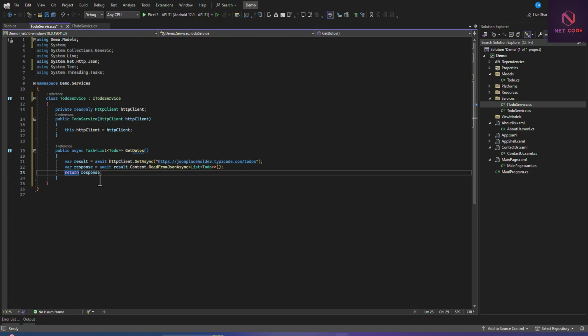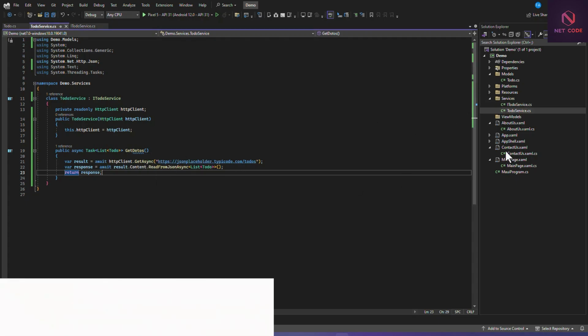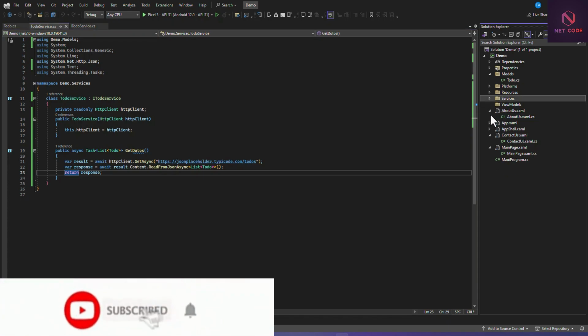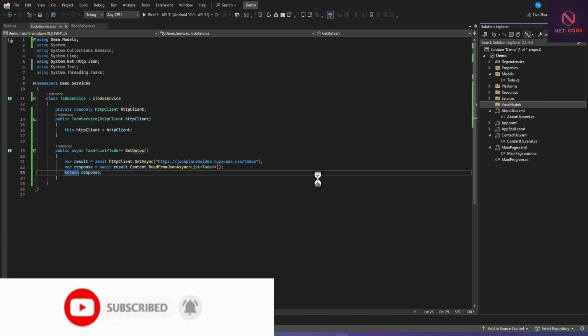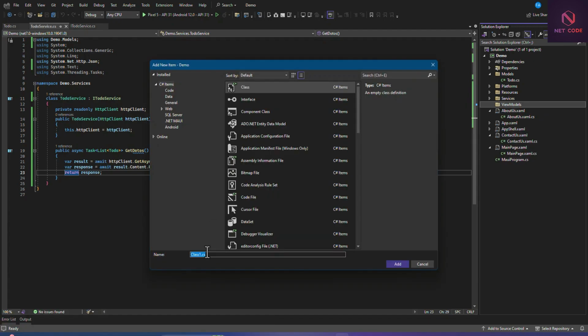So this is what we are doing. So we have the response here. Now let's go to our view model folder. So let's create a view model here. So add class, and this class is going to be main page